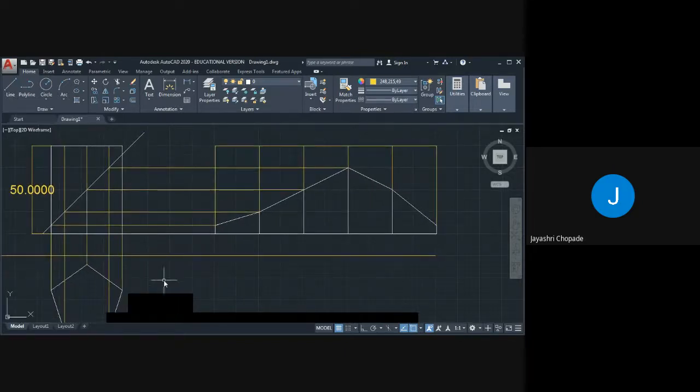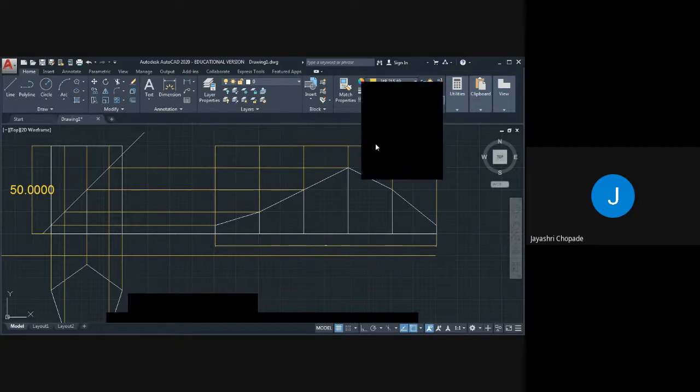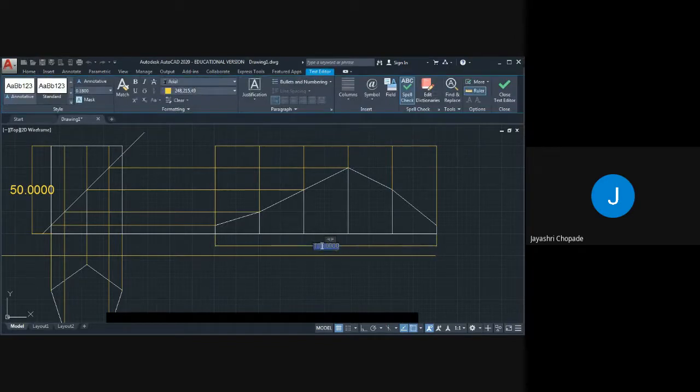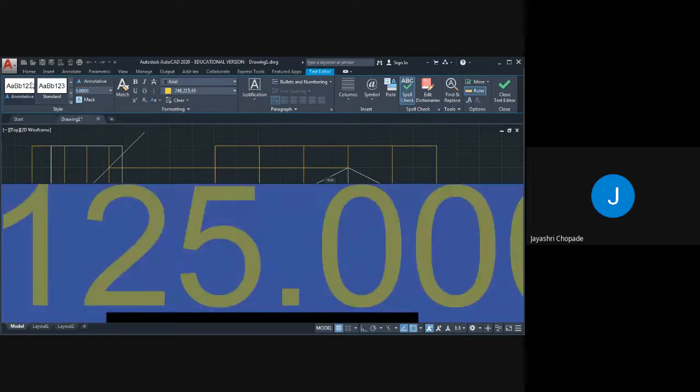So first of all we will give the name and dimension. So give the dimension to this line. Double click over here. This is 125 because the side of the pentagon is 25.